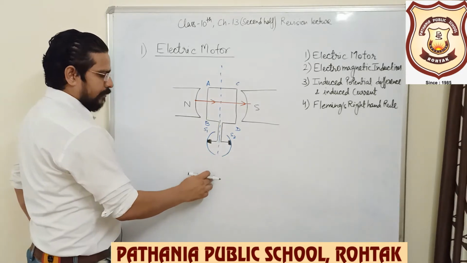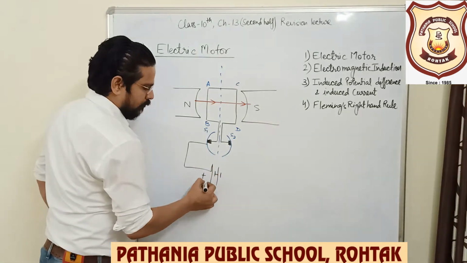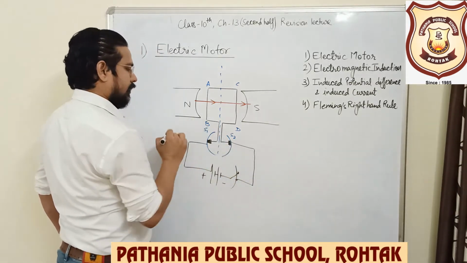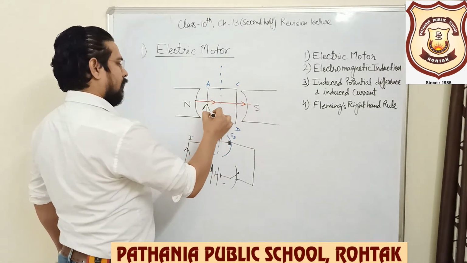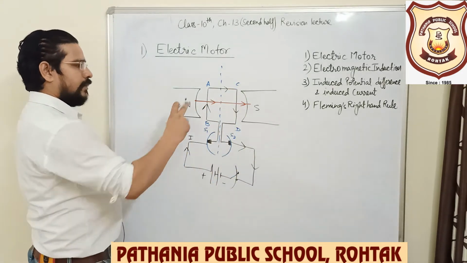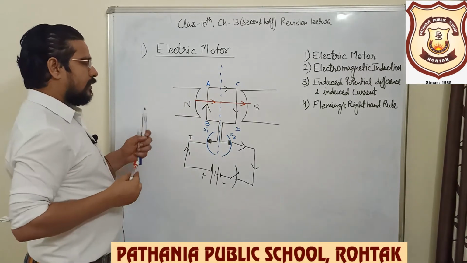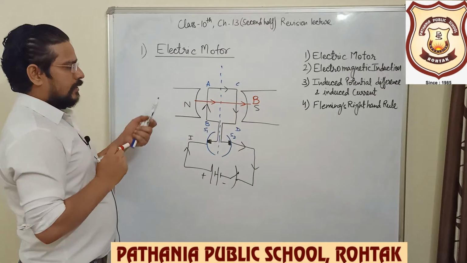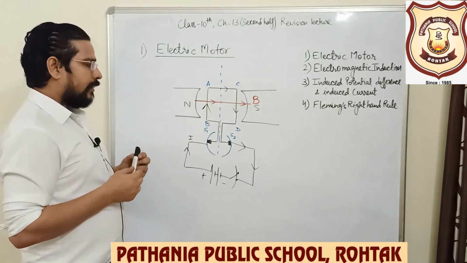What else do we apply in a motor? For a motor to rotate, we must connect it with a source of EMF, or battery, or cell. So the positive and negative supply through a key is connected with the slip rings. As you know, this is the positive terminal. A current I will start flowing through the circuit, and now we have two current carrying conductors AB and CD placed in a magnetic field. As I discussed in my previous lecture, a current carrying conductor placed in a magnetic field experiences a force which is given by Fleming's left hand rule.